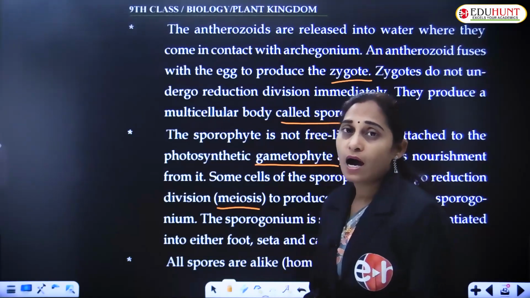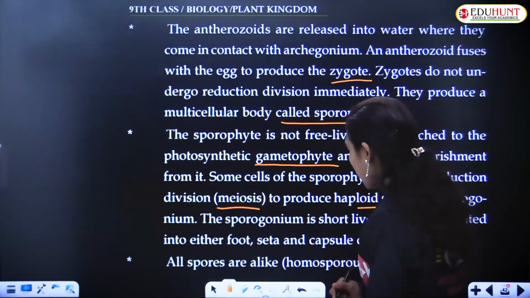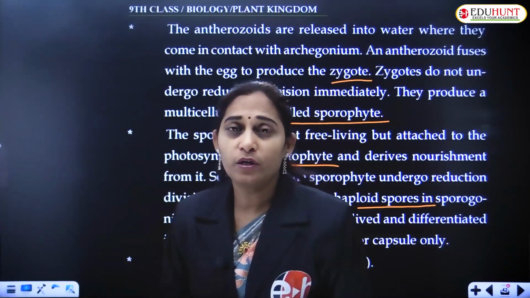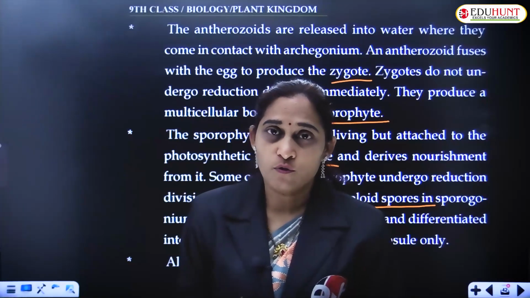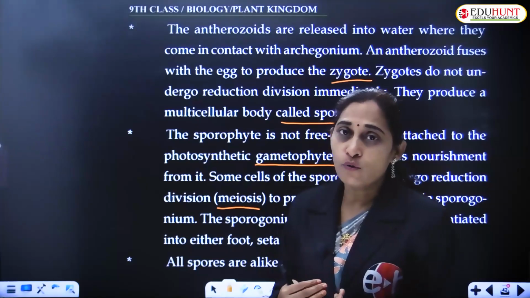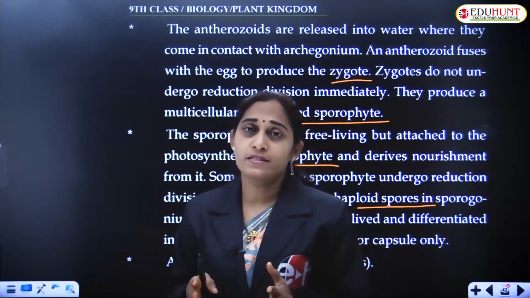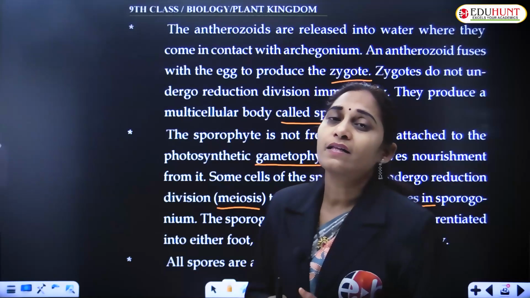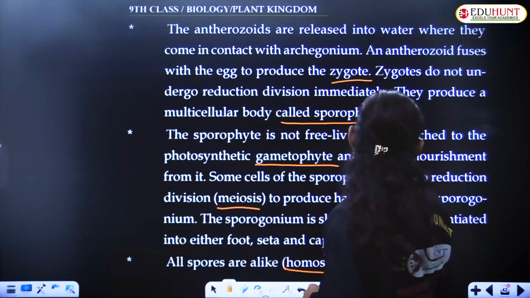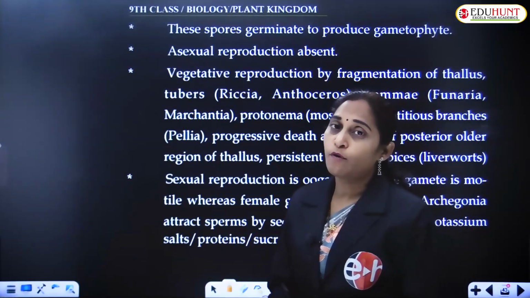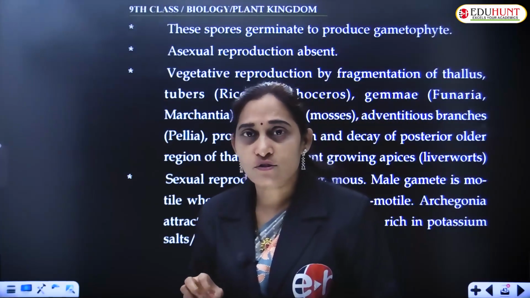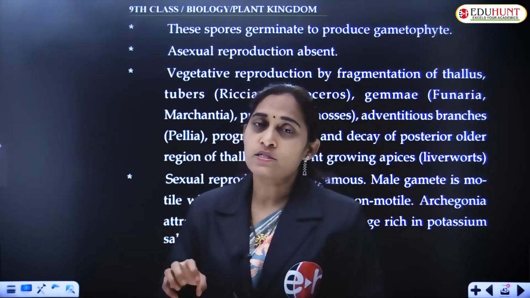And all the spores are of a similar type, that is, homosporous in nature. If it is a heterosporous one, it may produce two different types of spores, microspores and megaspores. In the case of bryophytes, they are not able to produce two different types of spores; they yield only a single type of spore. That is why it is described as homosporous: the nature of producing a single type of spore, and all the spores are similar to each other.